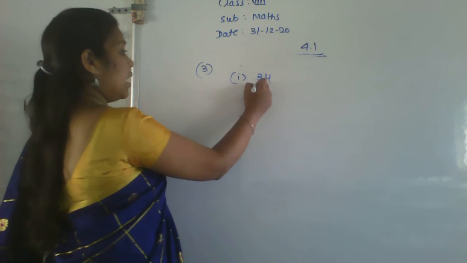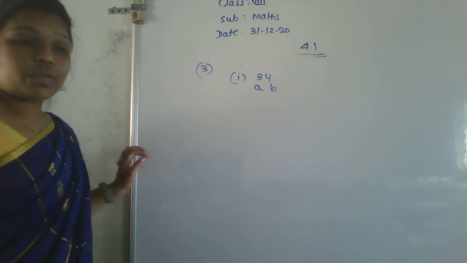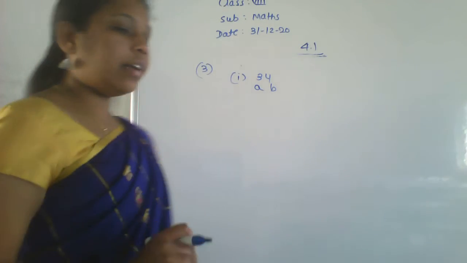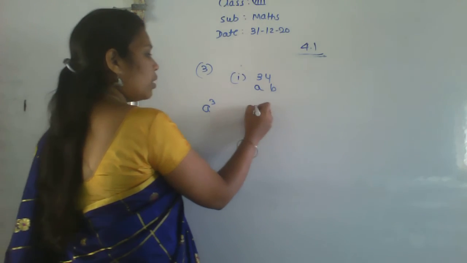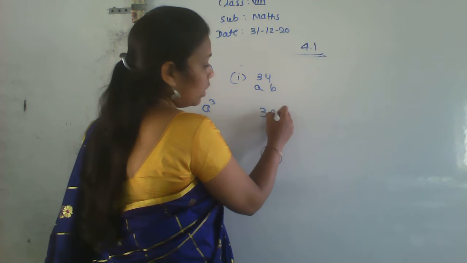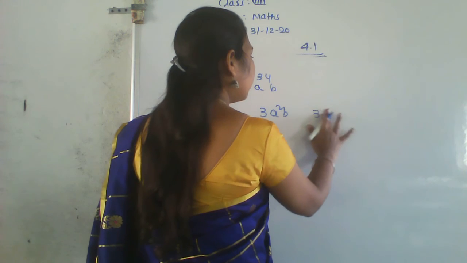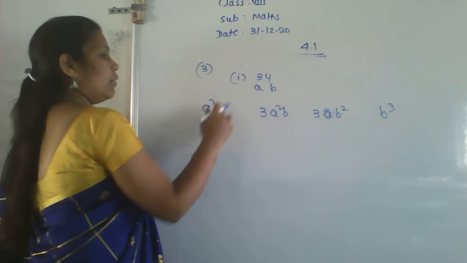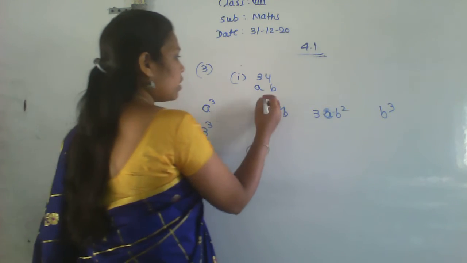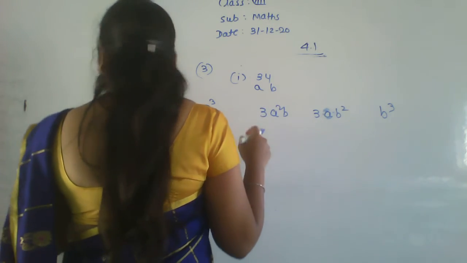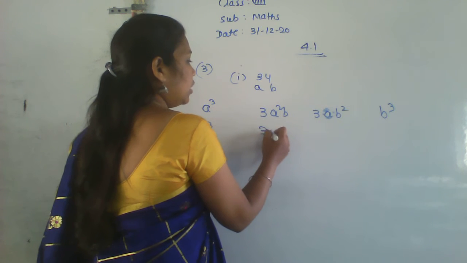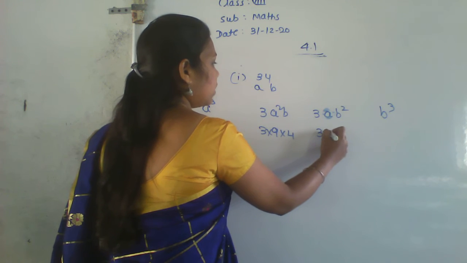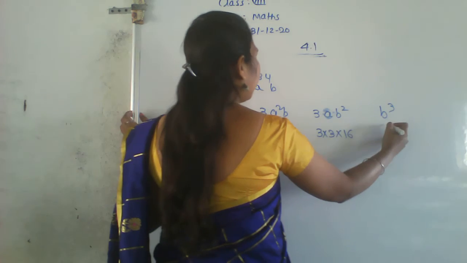This is as A here and this is as B. Okay. So we know how to find using alternative method is nothing but using a formula. I told you on that test, that is here a cube and here 3a square b and 3ab square and here b cube. Right values. 3 cube first column. Next one is 3 into 3 square is 9, b is 4. 3a is 3 and b square is 16. And what is the b cube value?